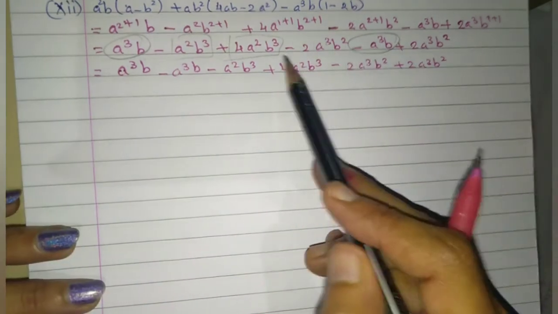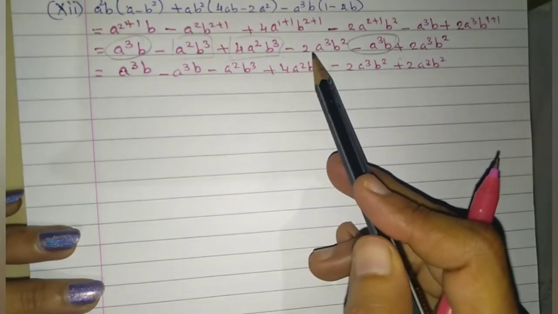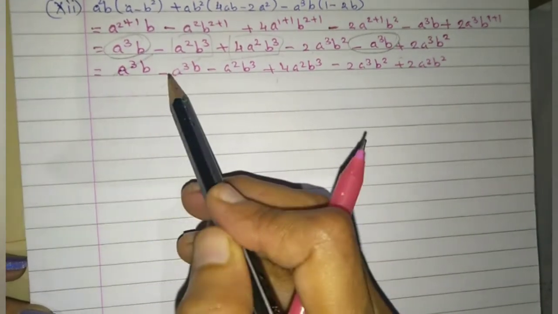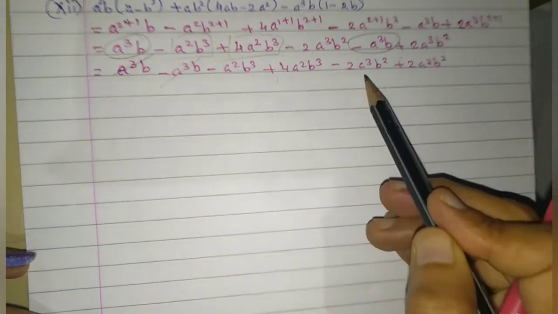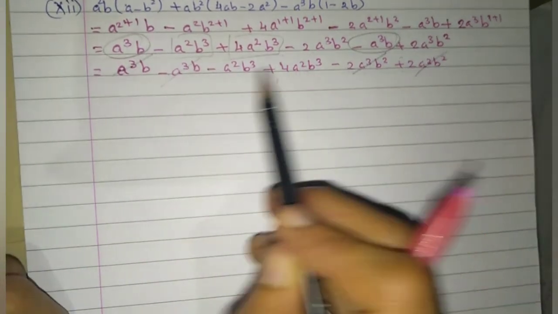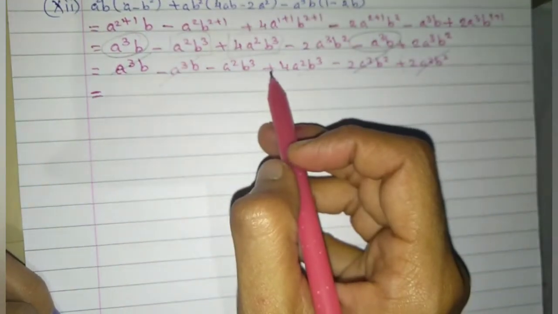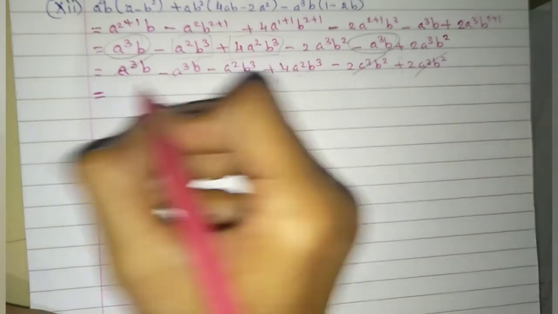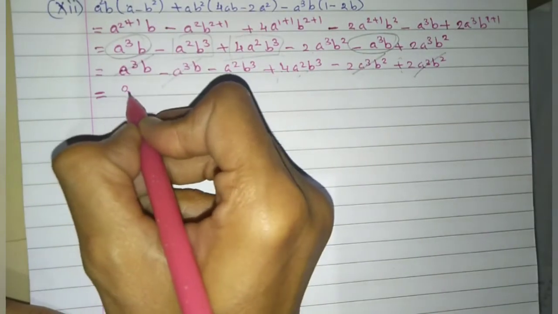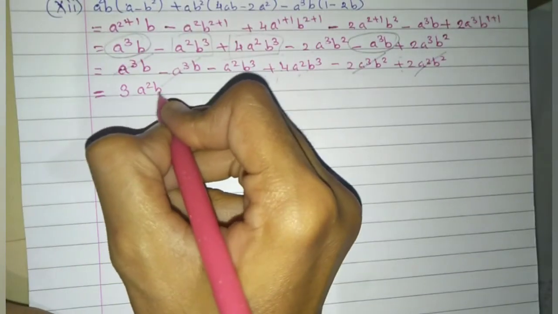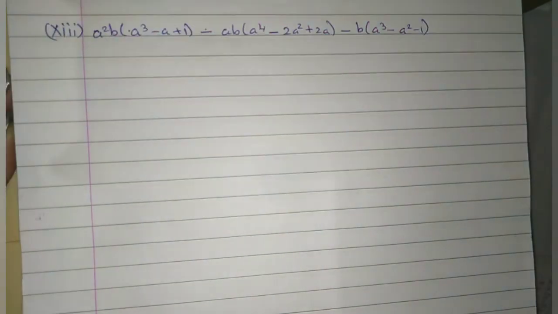Now if you want to cancel minus plus, you can cancel here also, or you can write here also. So this one is cancelled because 1 minus 1 is 0. Here also cancel because 2 minus 2 is 0. Now we have to write this one only, which is equal to plus minus minus. So 1 minus 4 is 3, right, with sign positive. So 3 a square b cube is the answer.